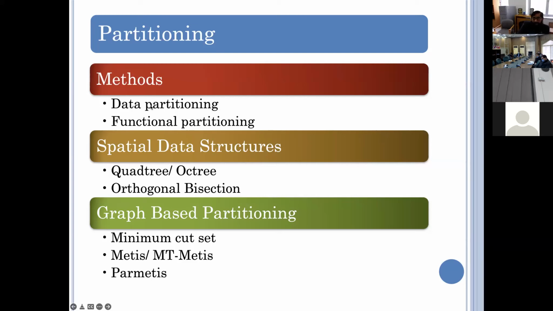So based upon data partitioning, we have different data structures and algorithms available. Most of the time for scientific computing, we can use spatial data structures. Why spatial data structures? Because in scientific problems, we are dealing with spatial information. For example, if I talk about bridges, aeroplanes, we have spatial information of the structure that we are trying to solve in X, Y, and Z coordinates. So the best thing is to use spatial data structures.